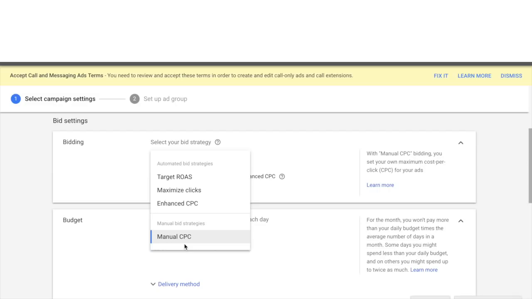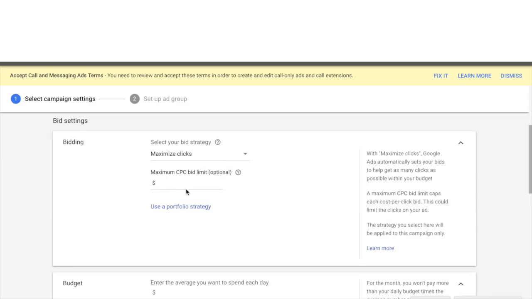And finally, it is manual CPC. Basically, we set our own cost per link click for manual CPC, and Google Ads tries its best to get all link clicks below that. But for starting out, I always recommend to use maximize clicks because we want to get as much data as possible. And for the bid limit, I like to set the bid limit at $1.25. Now, before I go into why I like to set a maximum CPC bid limit of $1.25, the first Chrome